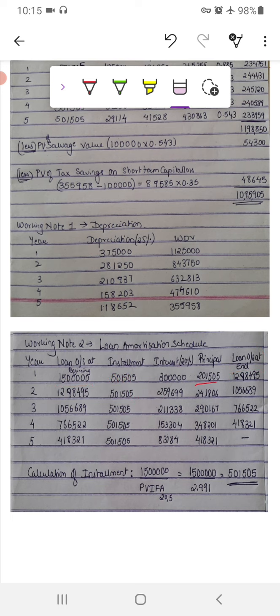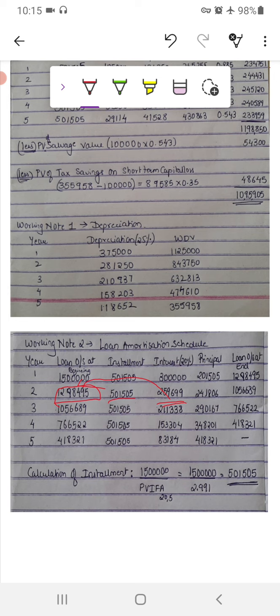Okay, I am repeating. How do you calculate loan outstanding at the end? It is loan at the beginning of that year minus the principal repayment gives you loan outstanding at the end. So 15 lakhs minus 2,01,505 gives you 12,98,495. So this is how you calculate the loan at the end. Now loan at the end becomes the loan beginning for the second year. Installment remains the same. Interest is calculated on the loan outstanding at the beginning, that is